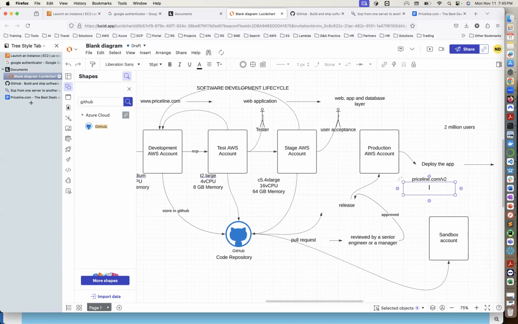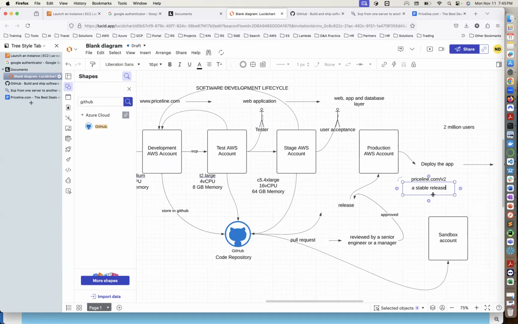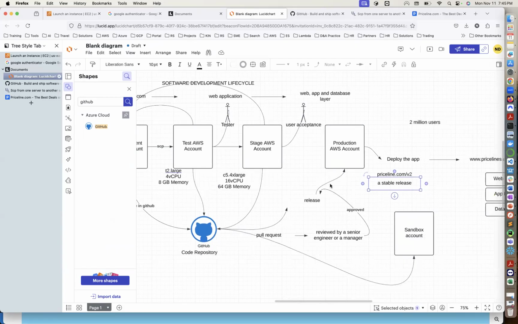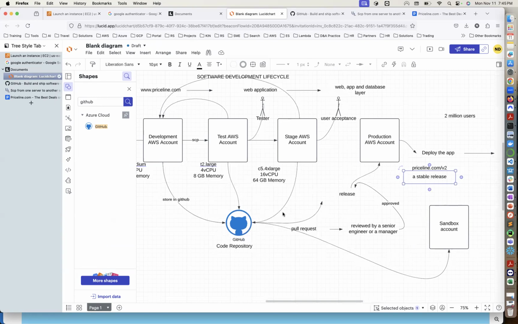We'll give it a nickname, a stable release. That is a stable release, version 2. If something happens after a month, we go back and fix it. We'll go back to production, development, sorry. We take the code from here, copy back to GitHub. Then pull this code from GitHub into the development account, fix the issue, push it